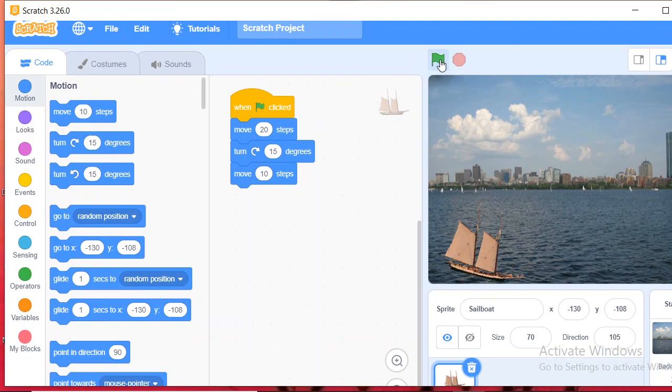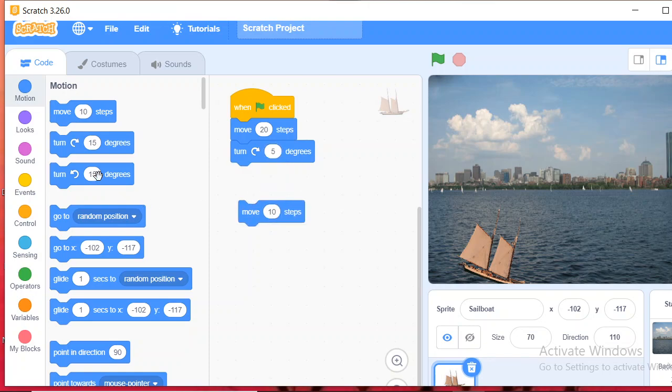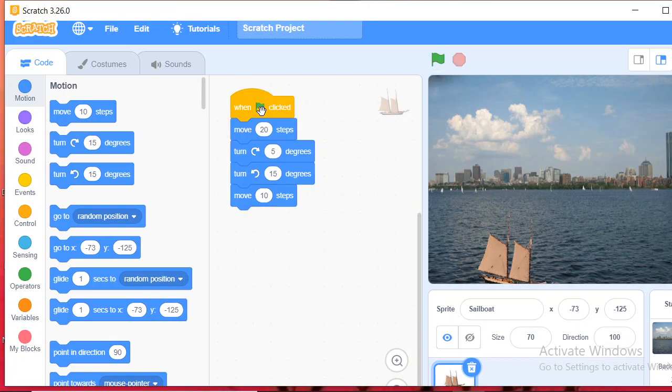Green flag. Once again. Again move 10 steps. Then turn.